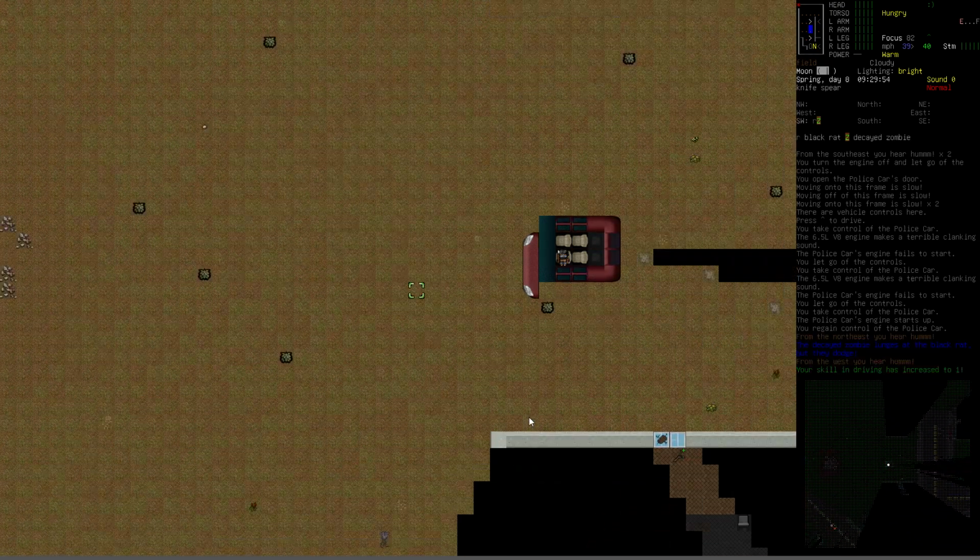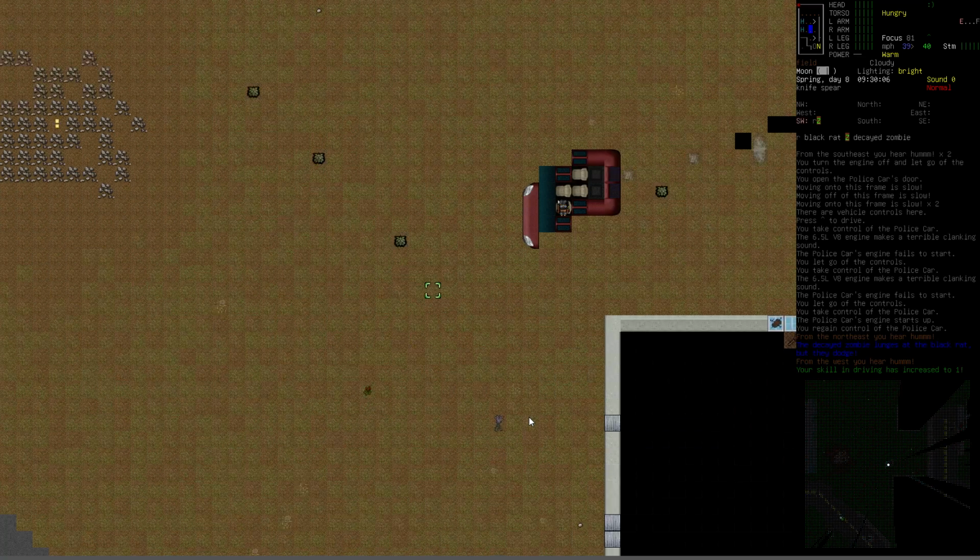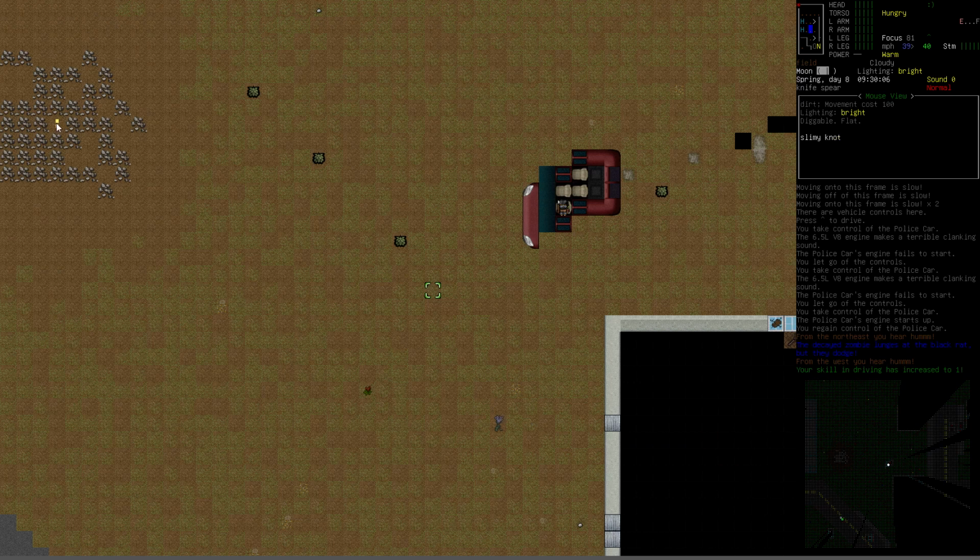If I was in a heavy vehicle, I wouldn't mind so much. Oh, look at that. Alright, look at that right there. It says Slimy Knot. That is an artifact. Yes, some kind of a magical item has appeared in the world. So I think this is intended to be maybe like a meteorite impact site, and inside the meteorite an object came to us from space. There's this object called a slimy knot,